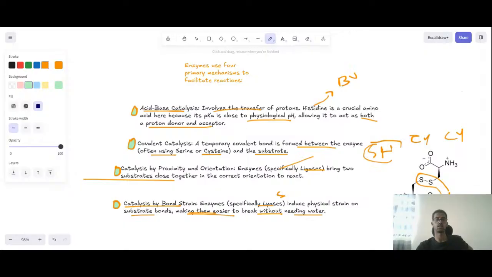So let's talk about classes by chemical composition. A simple enzyme is composed exclusively of protein. A holoenzyme is a functional unit consisting of a protein part, the apoenzyme, and a non-protein part, the cofactors. Cofactors are divided into metal activators, loosely bound, like chloride for amylase; metalloenzymes, with permanently bound metal ions; coenzymes, loosely bound, often vitamin derivatives; and prosthetic groups, tightly or covalently bound, for example heme in hemoglobin.